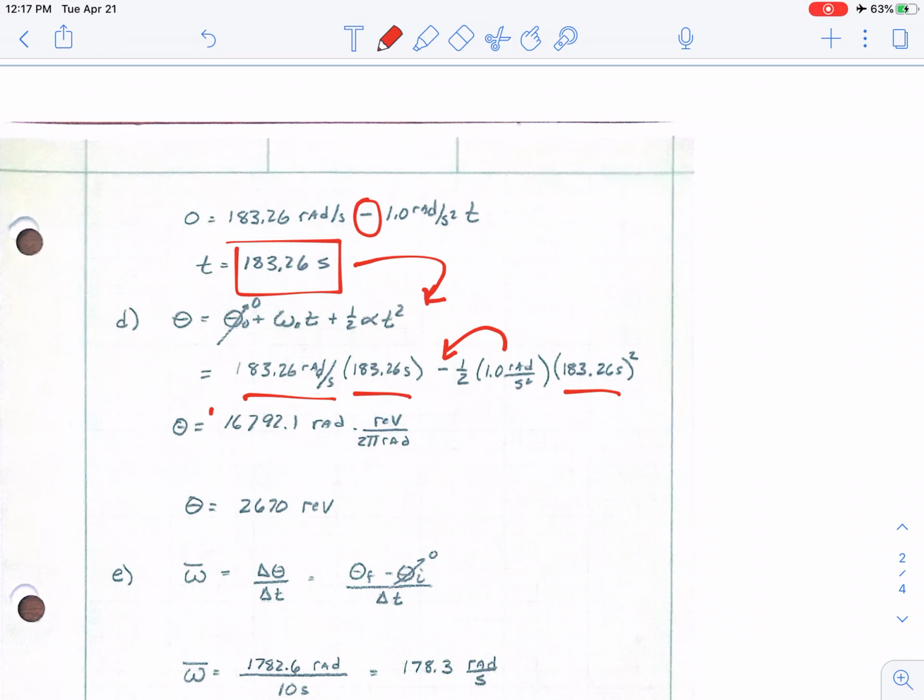radians. And this is what you're getting, but this is not the right answer because you need to convert to revolutions. So we are getting rid of radians first by using this conversion factor. 1 revolution is 2 pi radians. And then we are solving for theta in revolutions. And we are getting